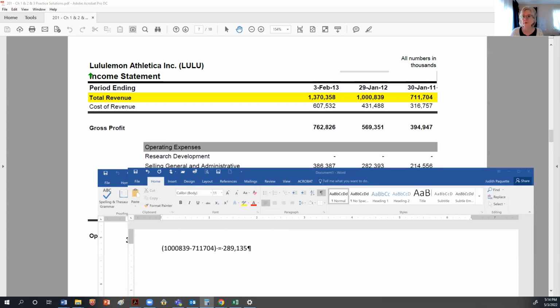Okay, let's try it again. Let's see. 100,839,711,704. Clear. All right, so that gives us this number. Then we take that number and you always divide by the previous year. Okay, and that gives you